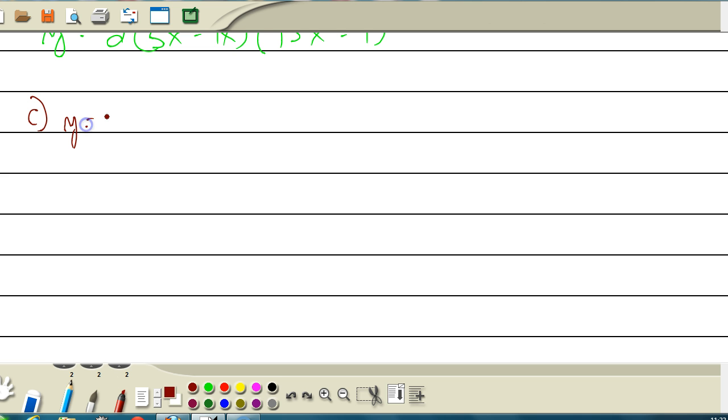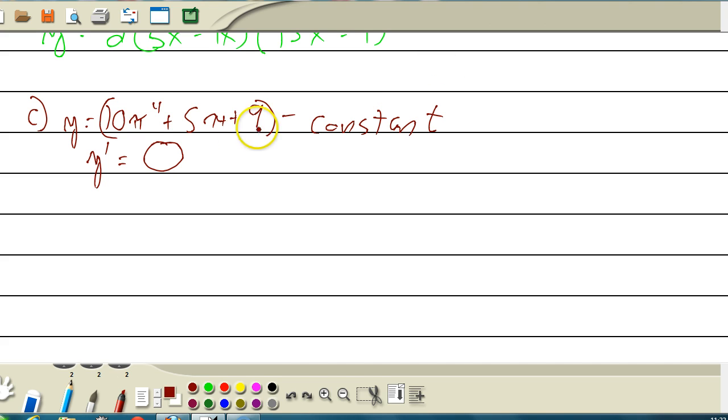Alright, c. This is y is equal to 10 pi to the 4 plus 5 pi plus 9. So we have to take a derivative with respect to x. Is there any x here? No, there are no x's. This is just a constant. It's just a number. So the derivative of a constant is just 0. Okay? So please pay attention. If it says with respect to x, and there are no x's, then the derivative is always going to be just 0. Okay? So even if it had y is equal to, I don't know, 5t squared,